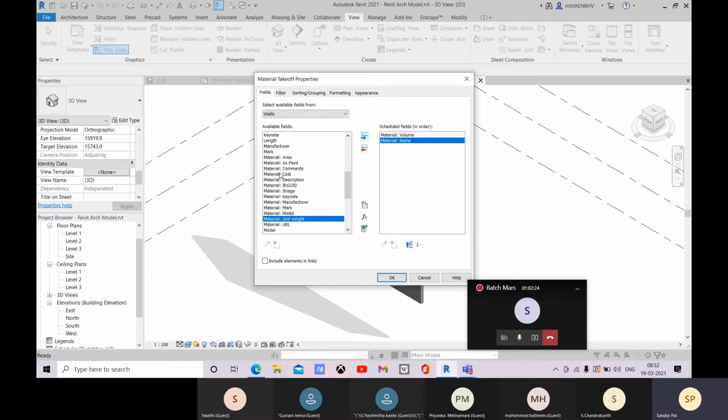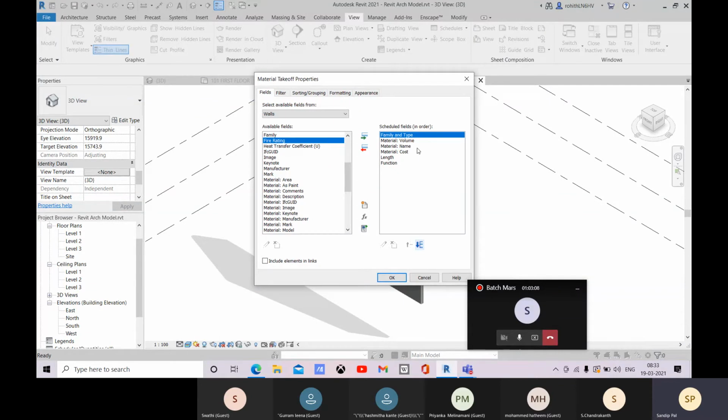Okay, and material cost, you have to add the material cost here. It will not be calculated itself. And if you have added any paint over there, you can add the material as paint, and material area is there. So material area you can add length, you can add function there, you can add family and type. And about this family and type, let me move it up. So here you can control this, if you want to move it up, if you want to move it down.